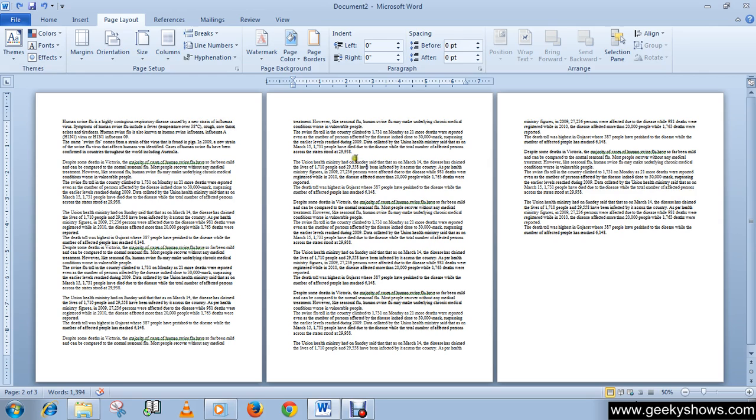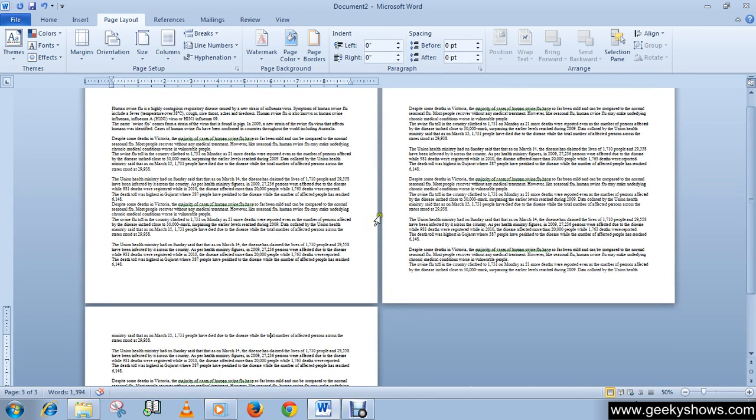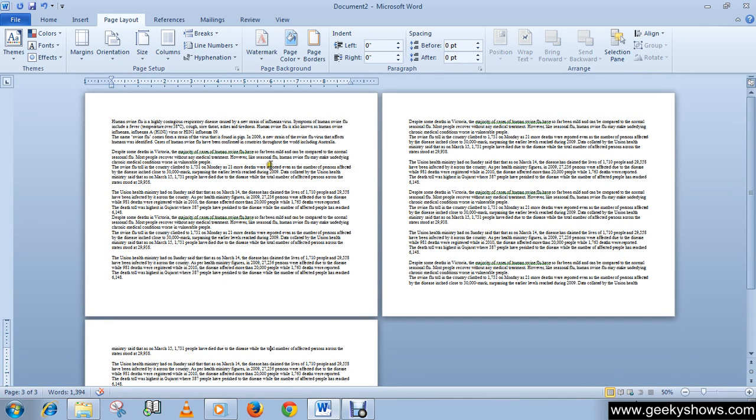Let's see. Just select this page, then go to Orientation, and I'm clicking Landscape. You can see that all my pages are converted into landscape style.